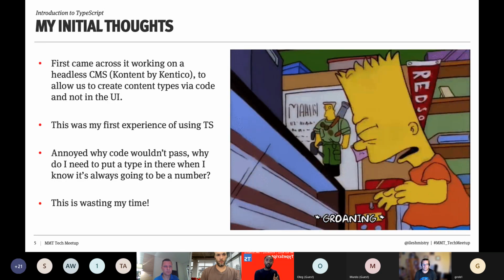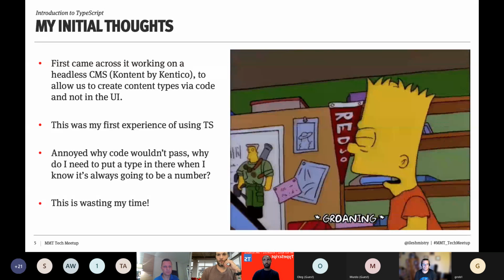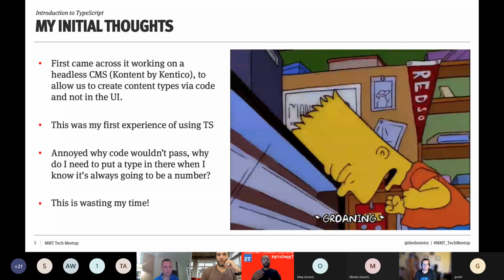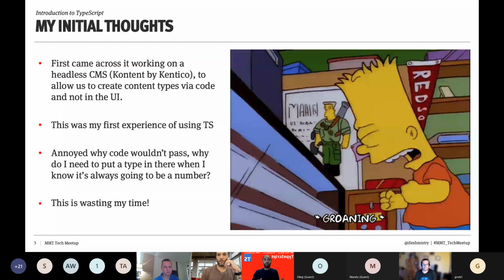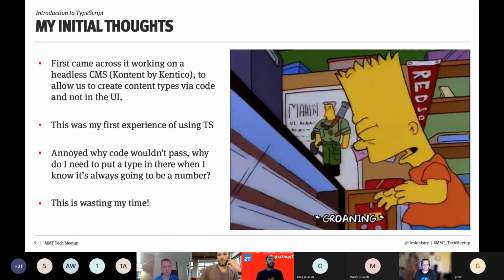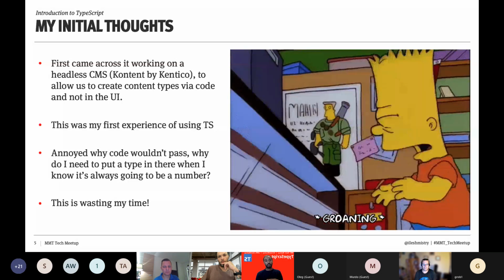I first came across TypeScript working on Kontent. Rather than go into the CMS and create the individual elements manually, what we could now do was create things by code in TypeScript.